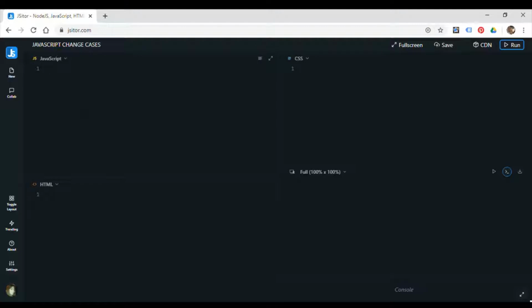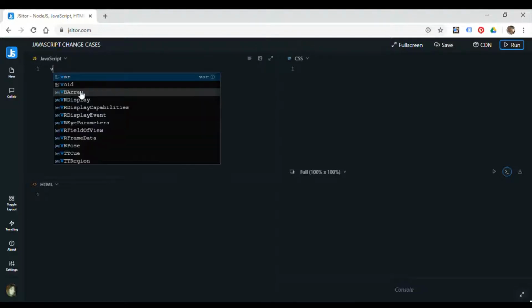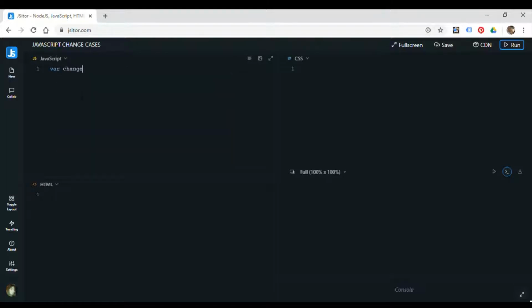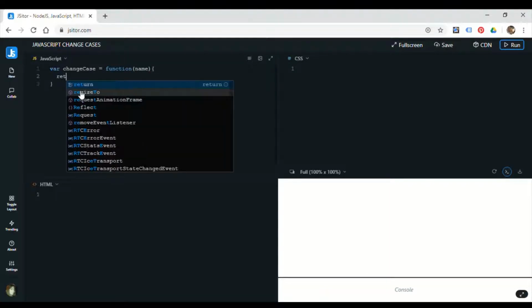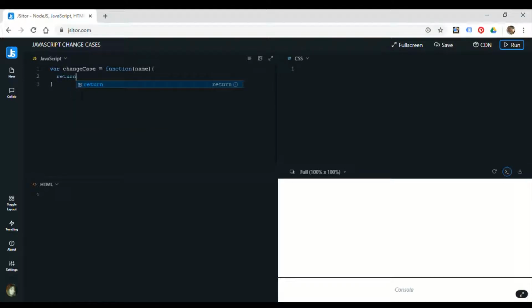Today I'll be doing a very interesting class, very simple with few lines of code. This is to teach you how to change cases, that is uppercase to lowercase, lowercase to uppercase, and vice versa, when you deal with words, text, etc. in JavaScript. Fret not, it's quite simple. So let's go ahead and get started. This is, by the way, a class for absolute beginners in JavaScript, so keep that in mind. Okay, so let's get started.